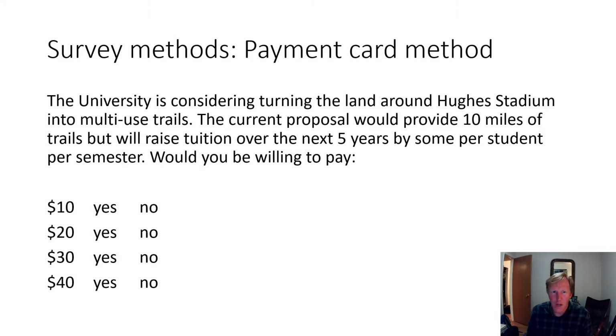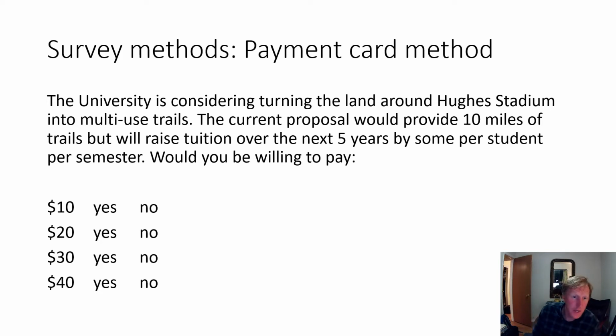So there's another way that looks a lot like iterative bidding. It's called a payment card. Instead of asking one question at a time, which is somewhat taxing on the individual, you're going to do the same thing with what's called a payment card. So a menu of choices. In this case, I've listed $10 to $40. You just say yes or no. And presumably, if you say